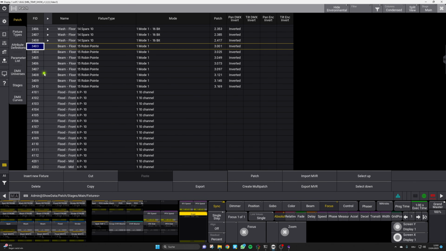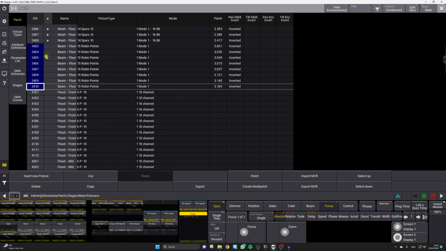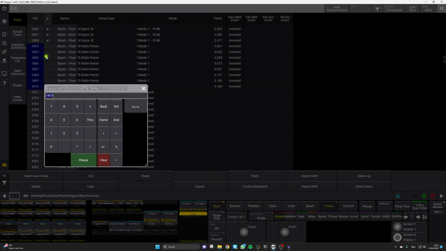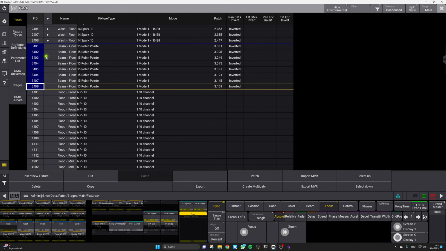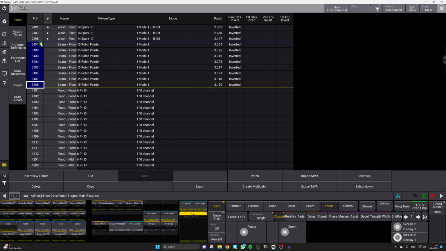To get a nice accessibility, also with the fixture IDs here, we do the same thing like with the spots and just fix the fixture ID to 3401. So the 4 in our pattern always indicates that this is a fixture which is placed on the floor. Now that we have finished all of our moving light fixtures, we can move on and have a look at